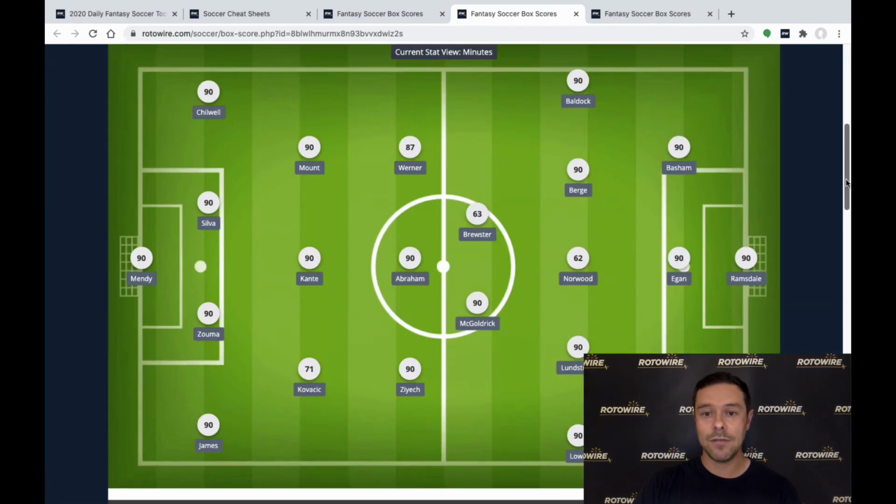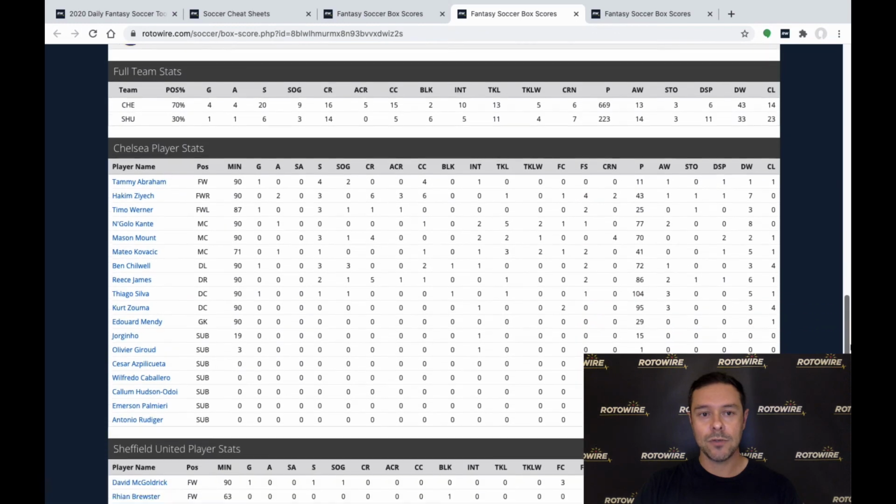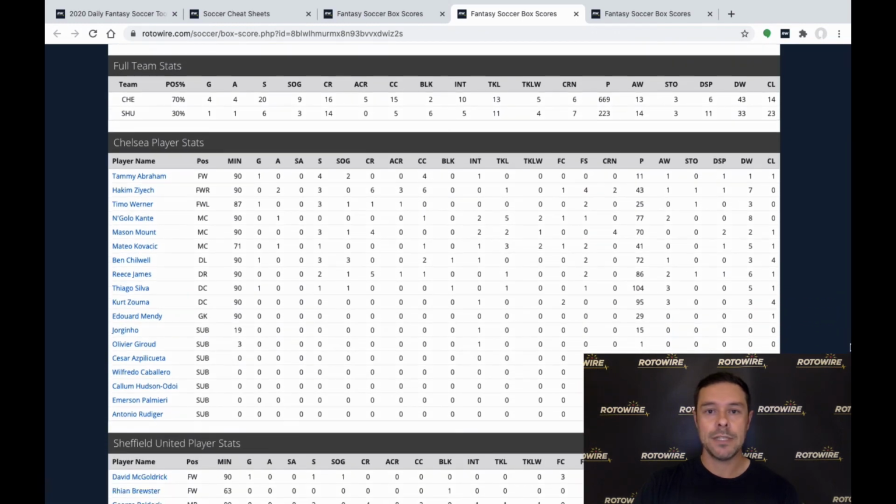So we have Chelsea and Sheffield United. Again, we have the formation at the top. And then we scroll down to the team page, or the team stats. So we see Mason Mount took 4 corners, and Hakim Ziyech took 2, leaving Chilwell and James out. Chilwell didn't even send in a single cross the entire match. Of course, he scored a goal to make up for it. But again, thinking back,